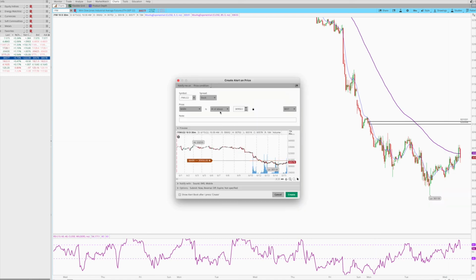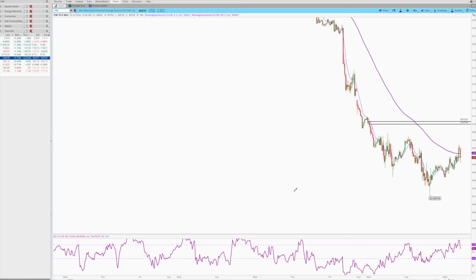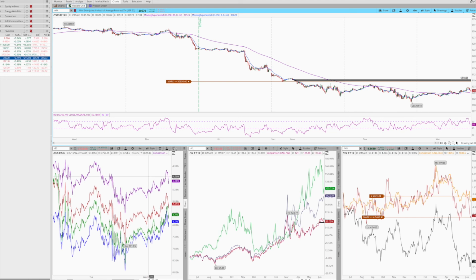And one of the things that I would do is I would be looking at the comparison chart to find out what was the weakest market as we come back in there. Because the Dow, the Russell, the NASDAQ, and the S&P, they're going to move very similarly. And what I want to know is as we come back up into a level, which one is the weakest? Because I want to sell weakness and I want to buy strength. And right now, if I go into a flexible grid and I set this up,